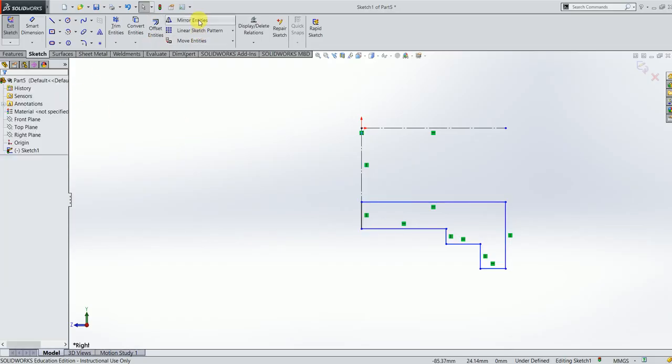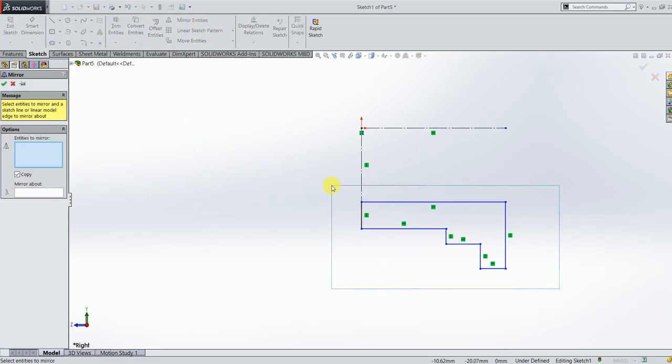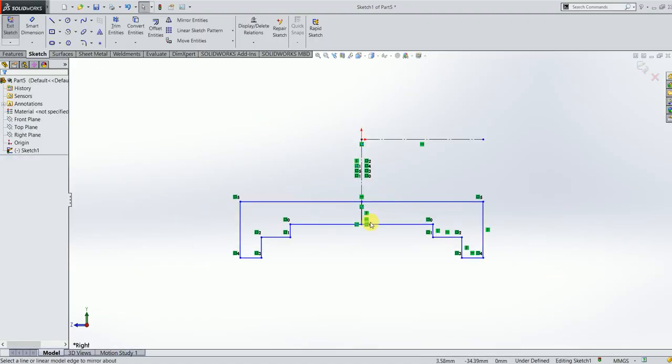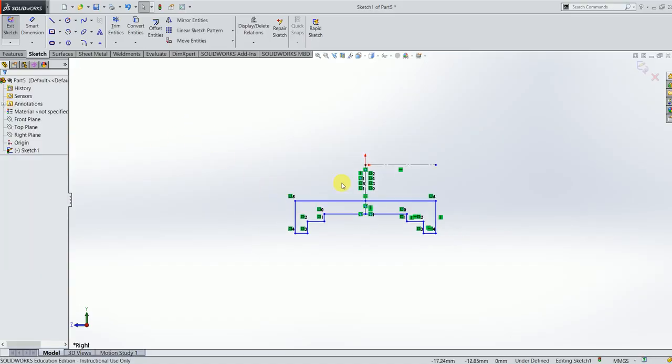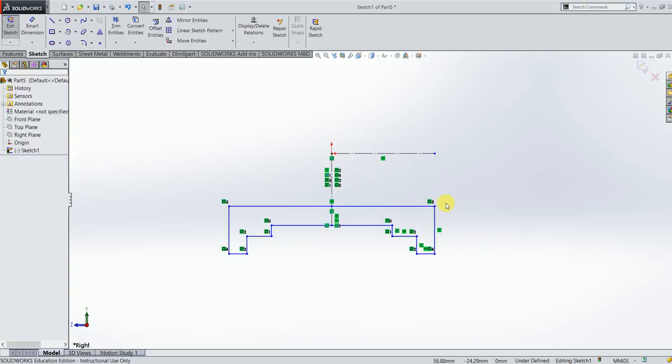So what you have to do is go to the mirror entities, then select these entities here, and then select the axis about which the mirroring has to be done, as this one. Okay, then click on OK. Then also select this middle line here, okay, and make it for construction purpose. Once it is done, we can go for